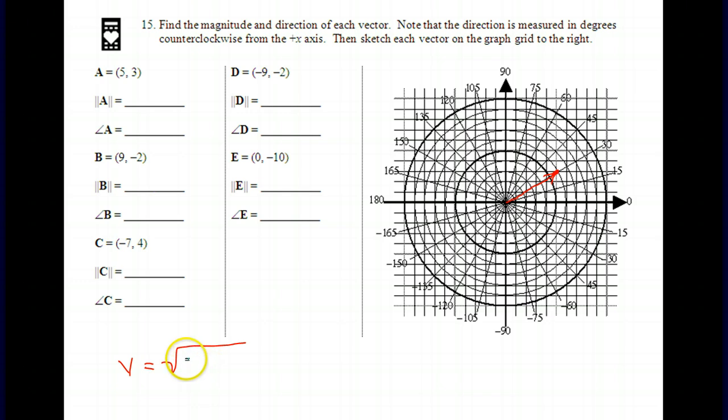The resultant vector is equal to the square root of the horizontal component squared plus the vertical component squared. So in this case, we have